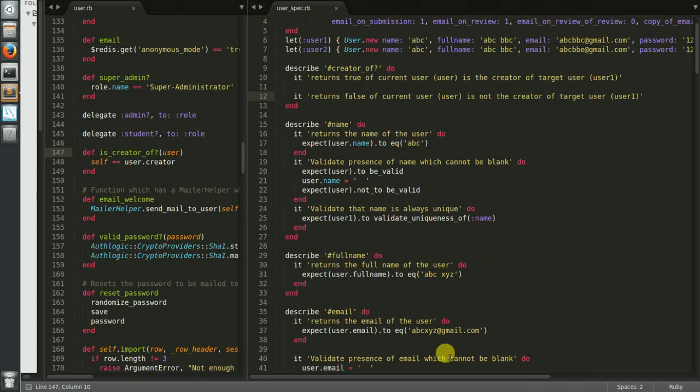Hi everyone, this is a demo for unit test-driven development. So in this example, we want to rename this is_creator_of method to creator_of in order to follow